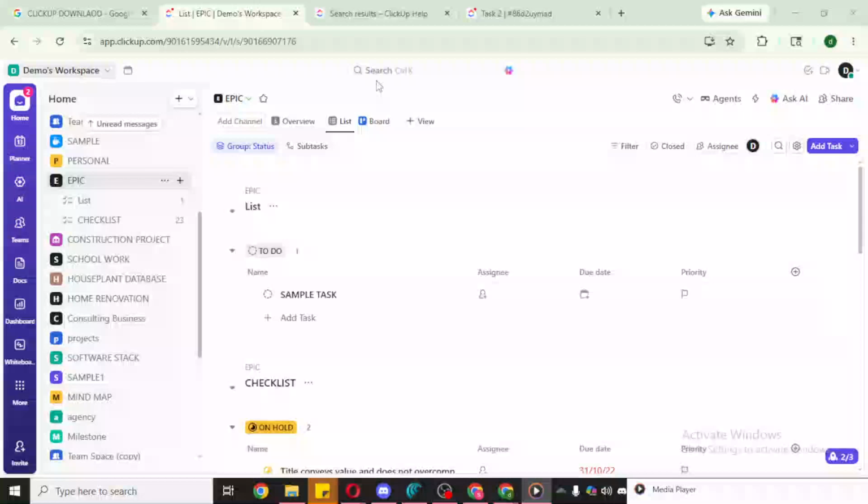In today's video, I'm going to teach you how to leave ClickUp Workspace. Before we begin, a quick note on what a workspace is. In ClickUp, a workspace is the top-level home for your teams, projects, and data. If you're part of multiple organizations, you may see several workspaces tied to your account.